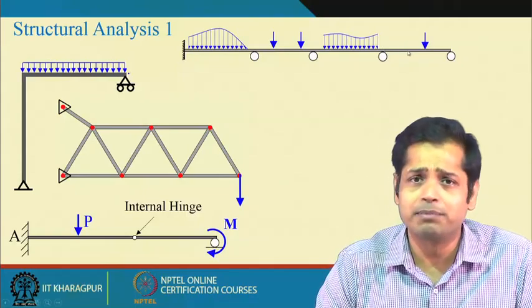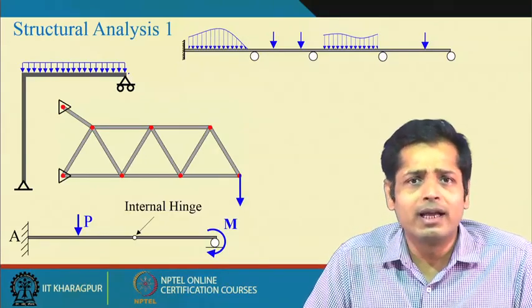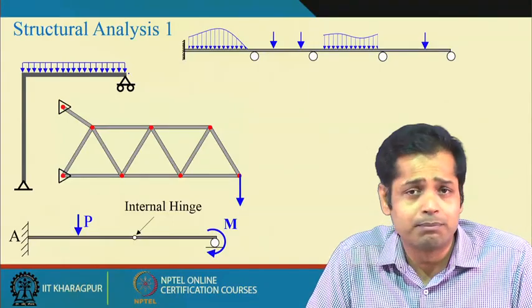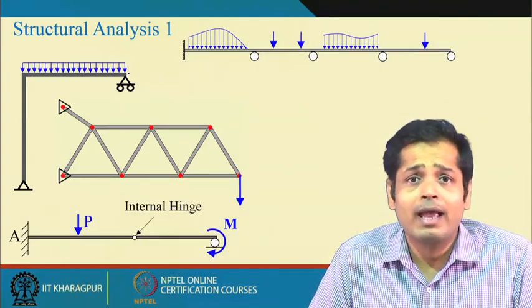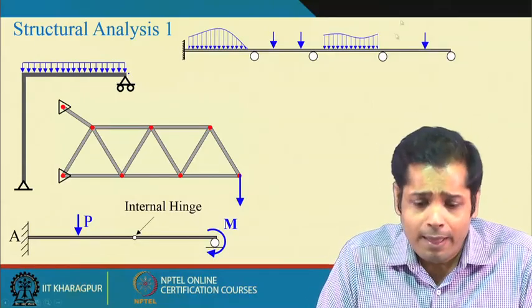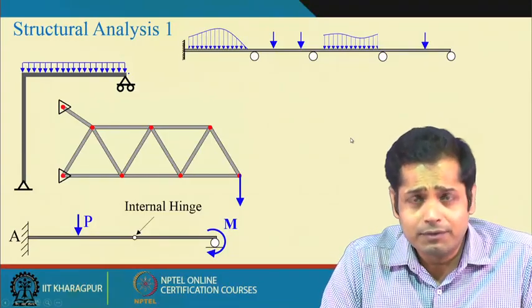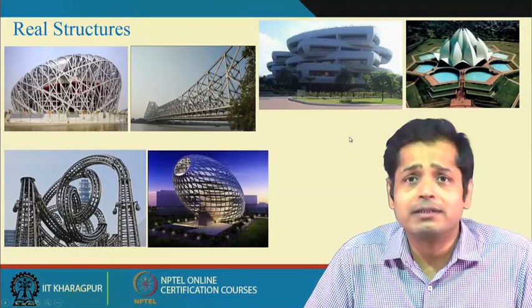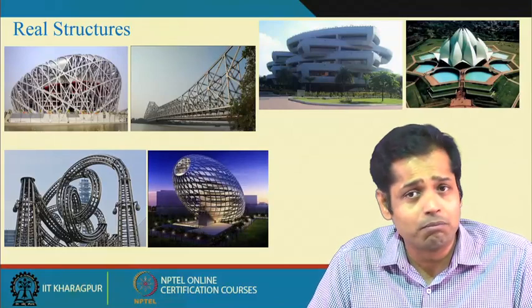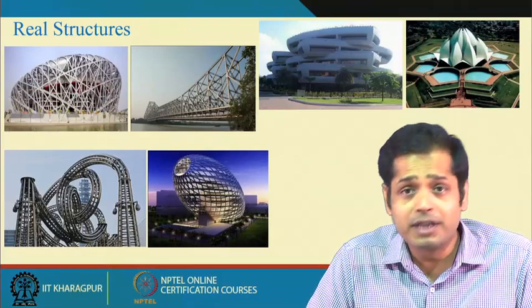Now, you see, the structures that you might have studied in your first level course on structural analysis, these are some representative structures. You have studied maybe different varieties, but more or less they can be idealized as a simple portal frame, or a plane truss or space truss, and then beams. But when we talk about real structures, for instance, if I give you some examples, real structures are like this. They have many members, different orientations of the members, different shapes and sizes.